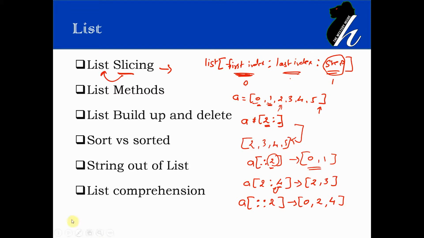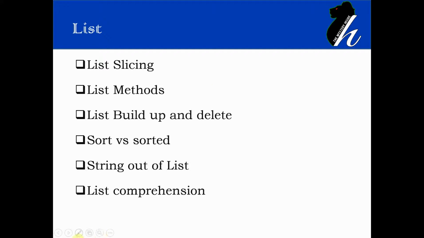Normally the index value works like an array in other programming languages like C, but over here Python supports negative indexing as well. What is this negative indexing? Let's say A equals to 10, 20 and 30, so the index values are 0, 1 and 2. The same index values can be replaced by -3, -2 and -1. What does that mean? If I am doing A of 0, then it will give me 10.